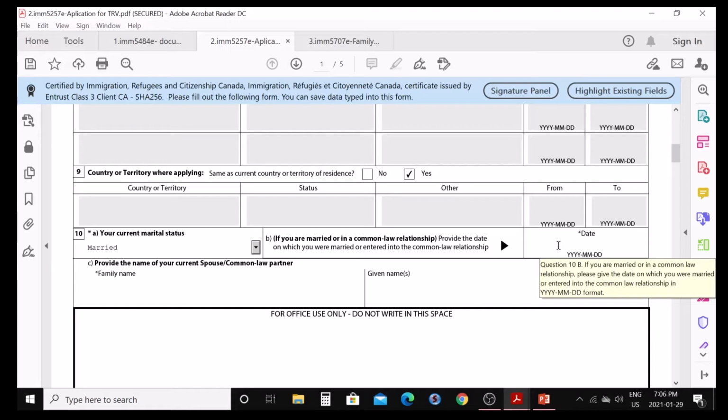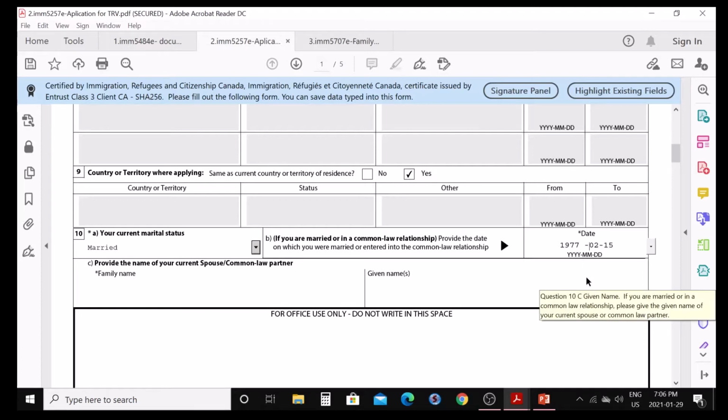So suppose I'm writing 1977, second month, 15th date. So you can choose any date, whatever you have there. So this is the date of marriage.